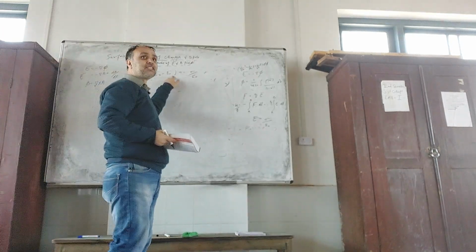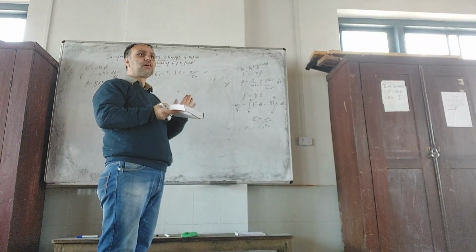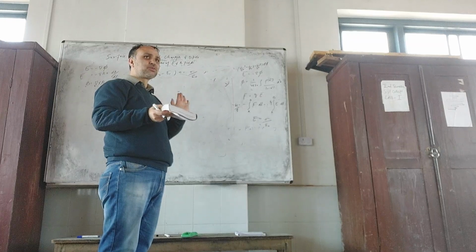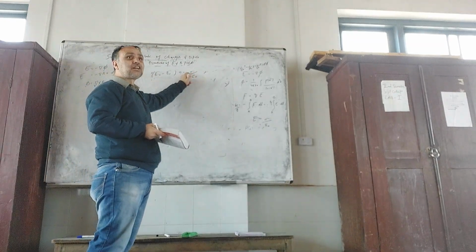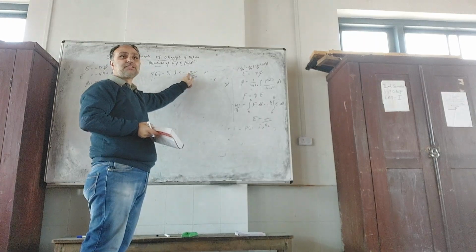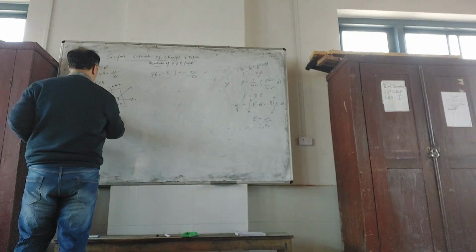That's why we are taking it minus. So fields will be in opposite direction में होगा. So that's why we are taking as it will be equivalent to a net charge on that surface, that's given by sigma. Okay, so this is the discontinuity